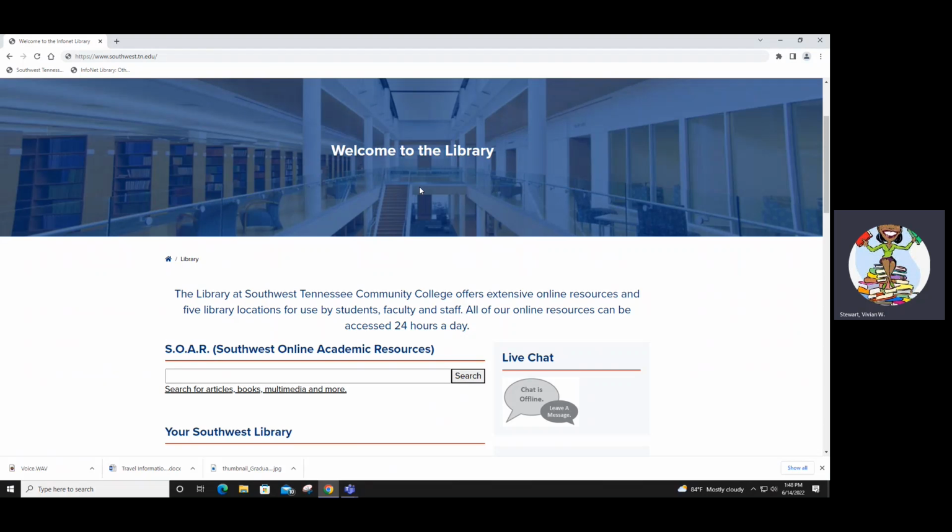The majority of our resources are online, so as long as you have access to a computer, you possibly can access everything that you need because I am concentrating on online resources. But we still have print resources also. So if you would ever like to visit one of our locations to locate print resources, you have a